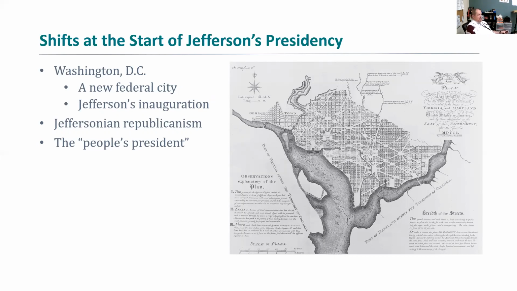The District of Columbia exists outside of any state. It is not responsible to any state. It does not have senators. It does not have a representative in Congress. The mayor of Washington, D.C. is actually responsible directly to Congress, right? So local D.C. government goes straight to the federal level because there's no state to oversee it.